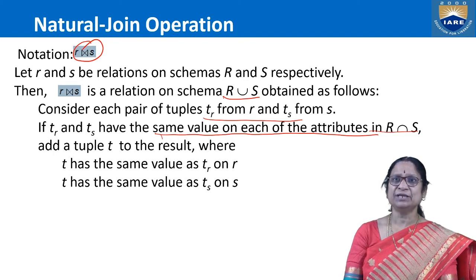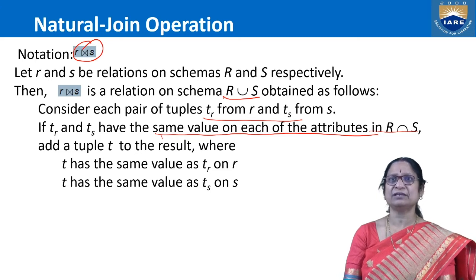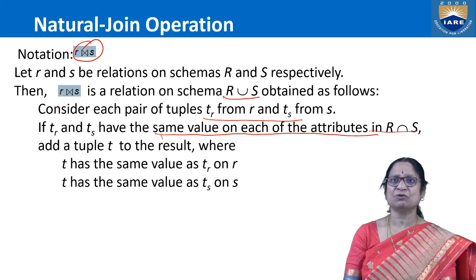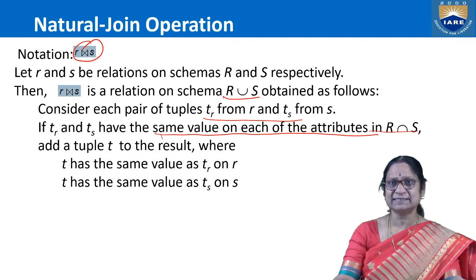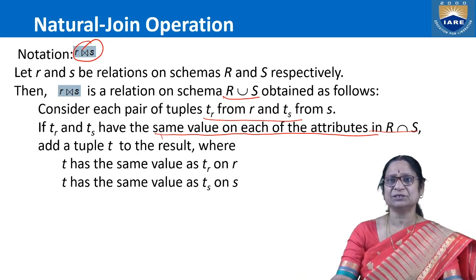Basically, R natural join S results in the tuples formed by mapping each tuple of R with each tuple of S such that the common attribute values are common; then the result is displayed. That's why it is a special case of our Cartesian product. Like Cartesian product, we do the mapping here also, but not every mapped tuple is displayed. Only those with common values on the common attributes are displayed.